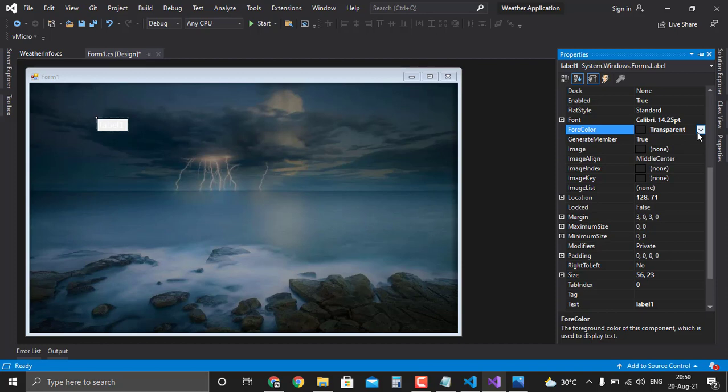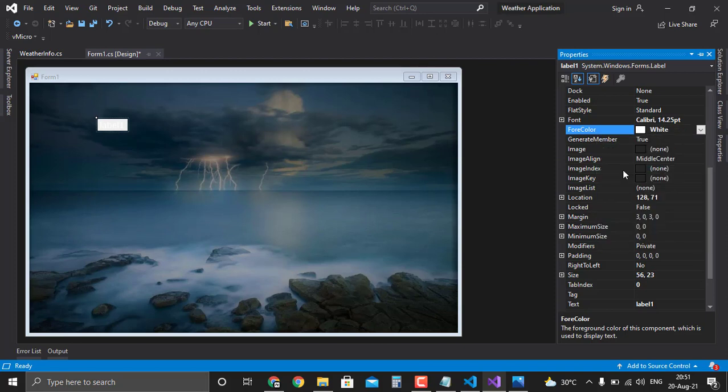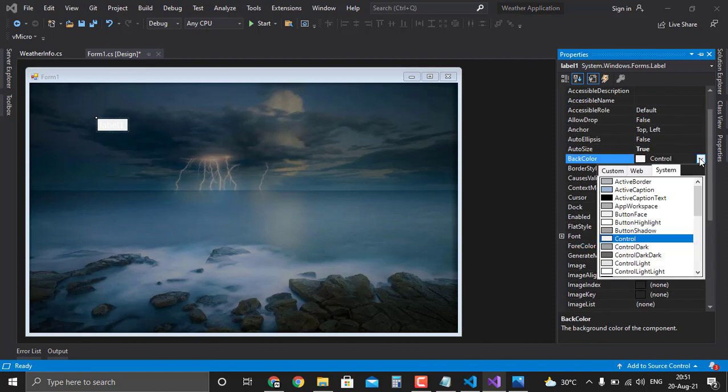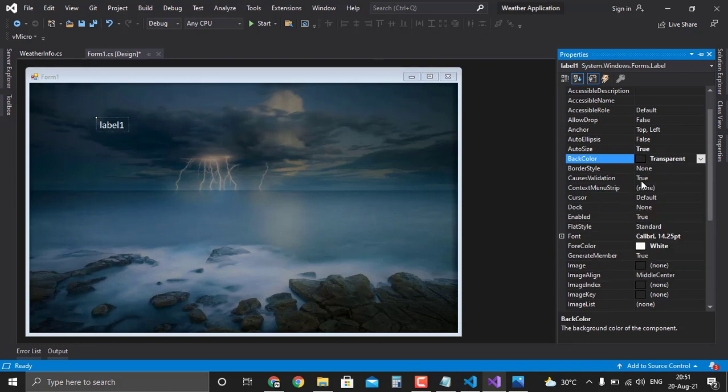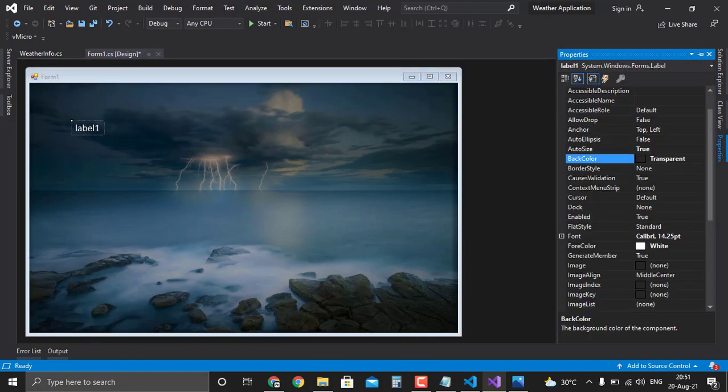The fore color is white and back color is transparent. Okay, this will contain